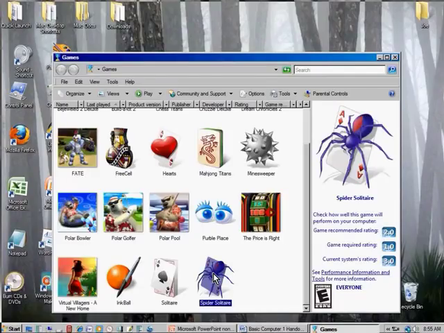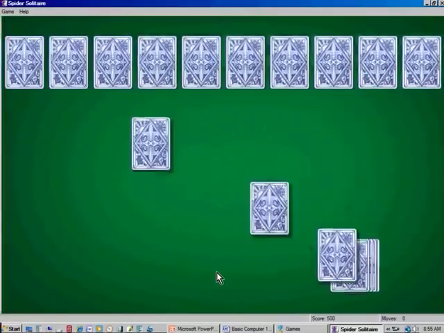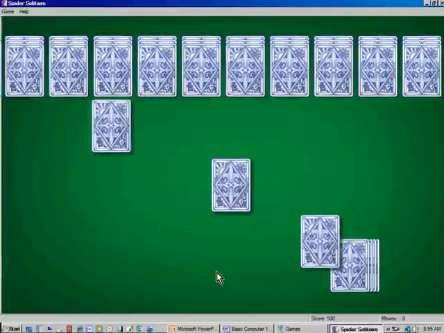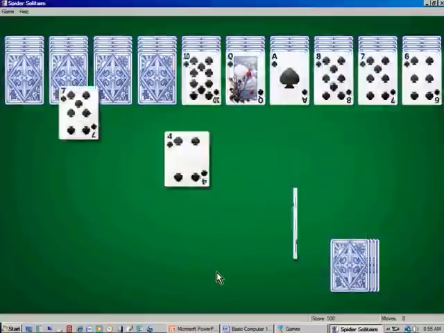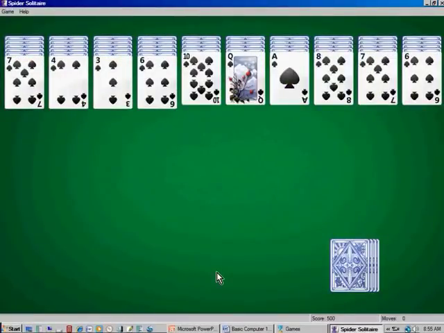I'm going to double click. That's what it's called: two clicks of that left mouse button in fairly rapid succession. It may take you some practice to get used to how fast you have to click it. But I'm going to go click, click, and it opens. That was pretty quick. Click, click. And you can see what's happening here. It's filling the screen with cards. Now in Spider Solitaire, you can see that they're all the same suit. That's just to make